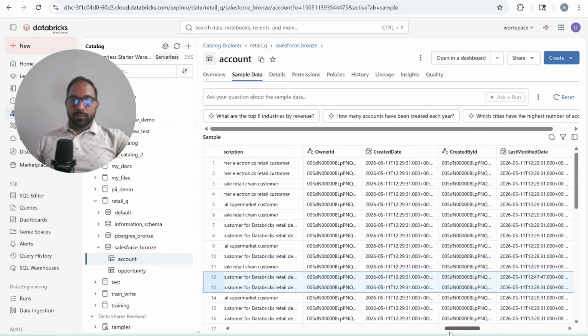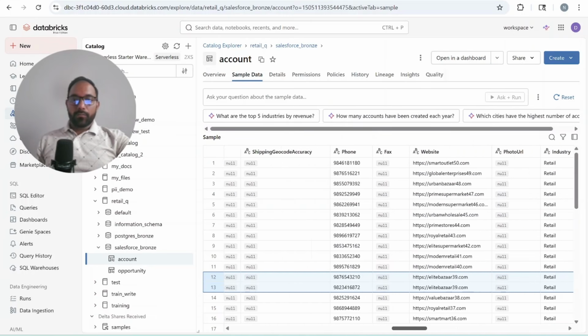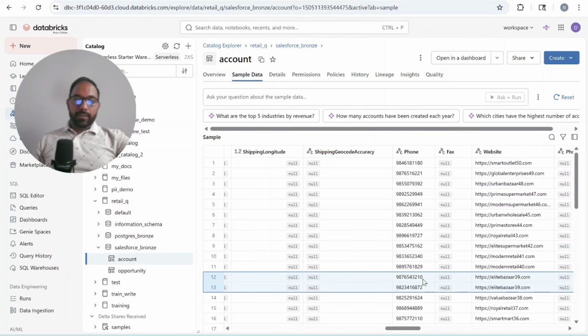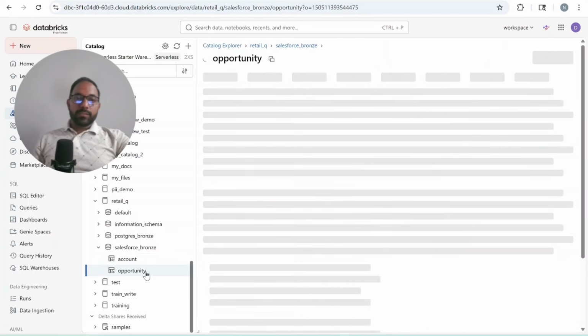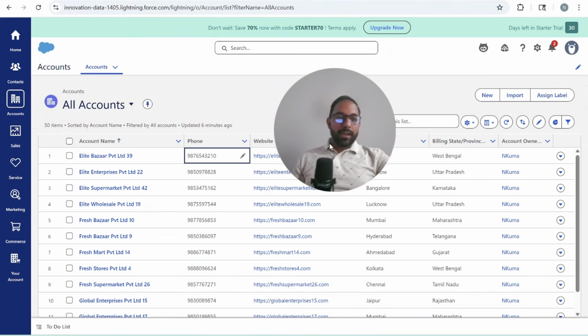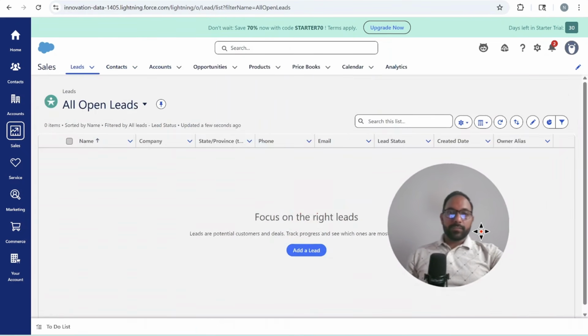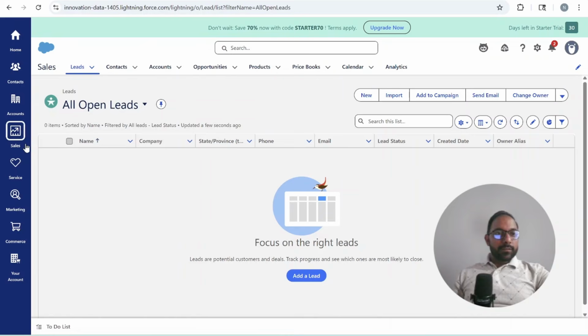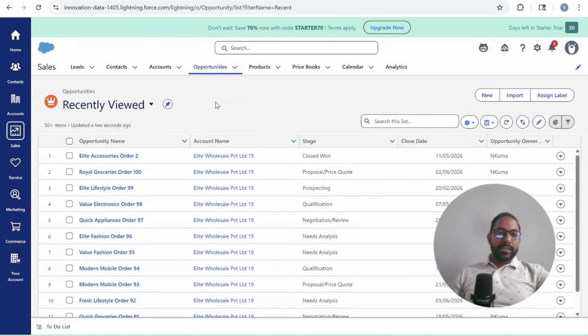And if you want to see the update which was there in the phone number, here we can see for the newer entry this is the phone number we updated, and for the older entry the old phone number is still there. So this was for the account table. Now let's check out the opportunity table. And for that also we will have to see the name of the opportunity which we had updated. So if we go to the opportunity tab here,